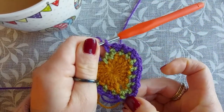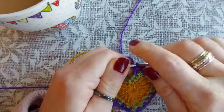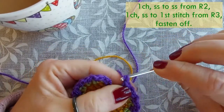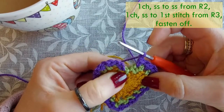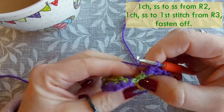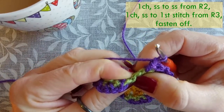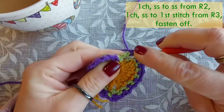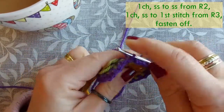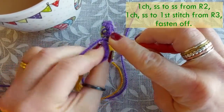So that's my pointy bit down there. We've got 1, 2, 3, 4, 5, 6, 7, 8 up to the other side. Now I am going to do a chain, and then we need to do the similar thing again we did last time, where we are going to slip stitch into, you can see kind of there, the top of the slip stitch from last time, the last round, the green round. So I'm going to just go through there, bring that round, pull that into there, chain 1, and then slip stitch to where I joined at the beginning,